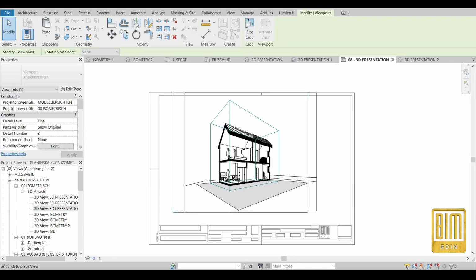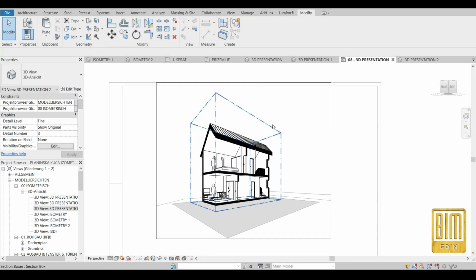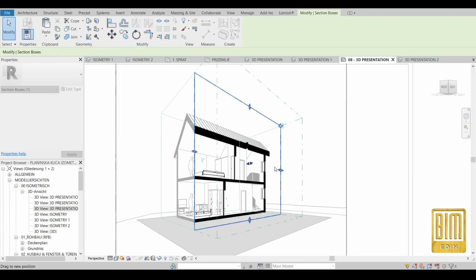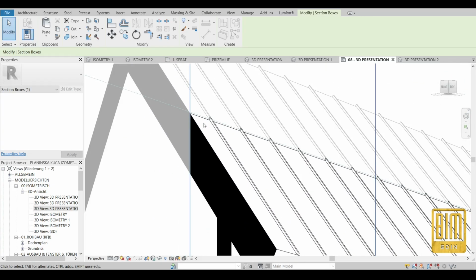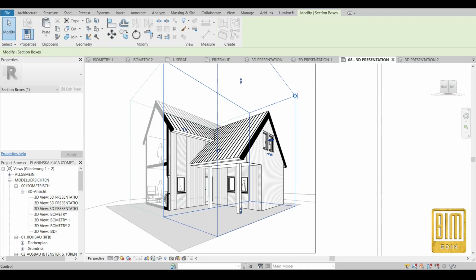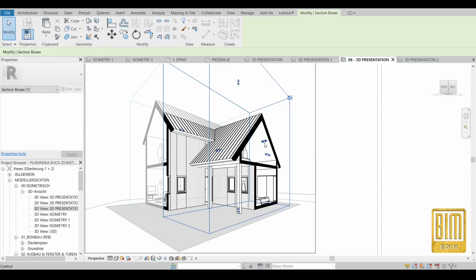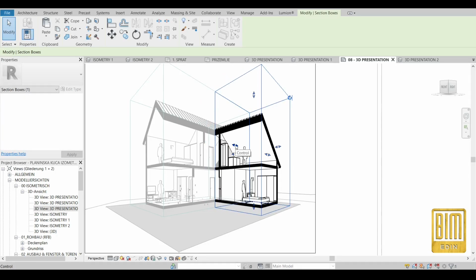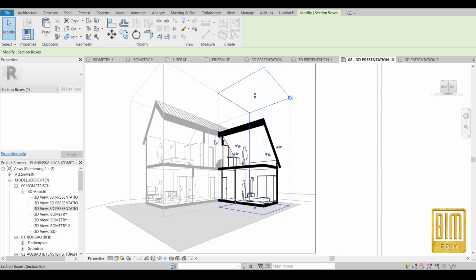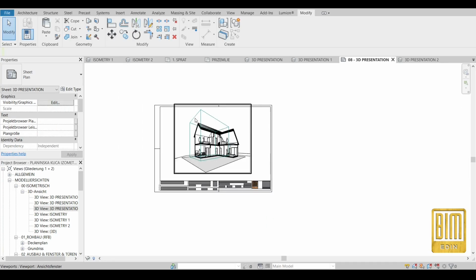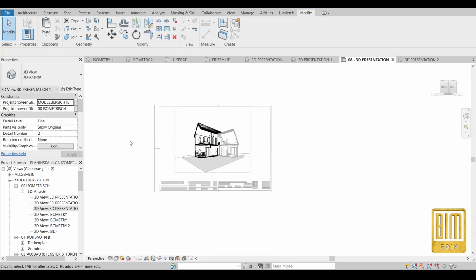And as I said before, I will duplicate this view and I will put it in the same place. Here, important thing, where we finish the cutting of the previous view, the new cutting will start. So they will be in the same place. As you can see, here they are in the same place. Cutting finishes and starts in the same place. By moving these arrows, you can change the cutting place of the section box. Okay, now I will hide the section box